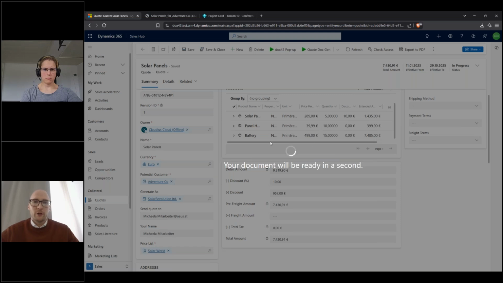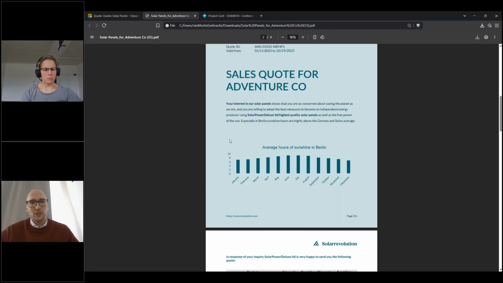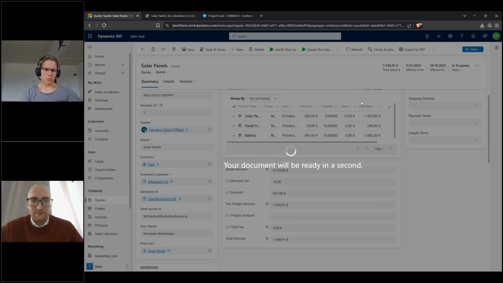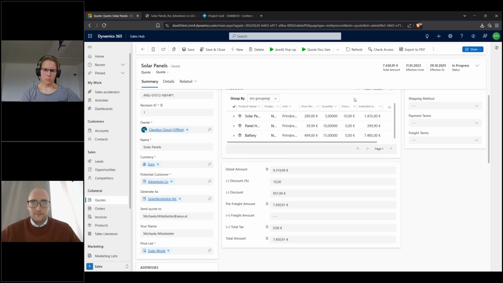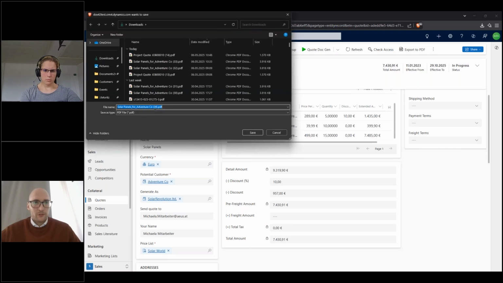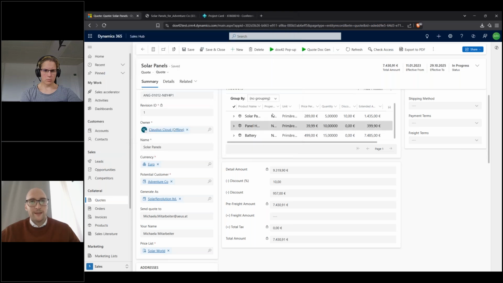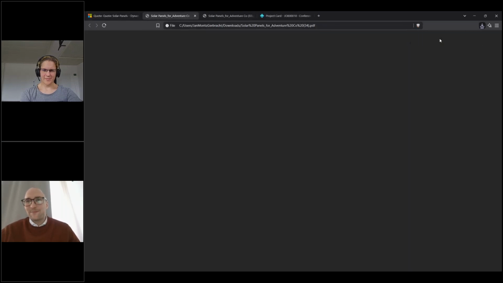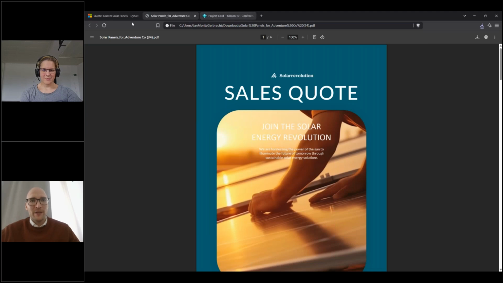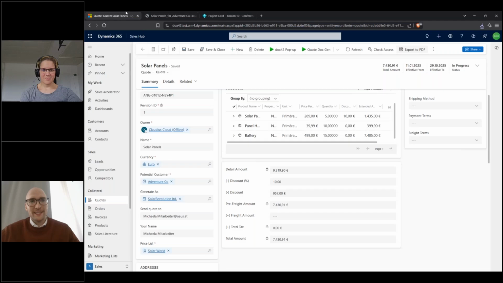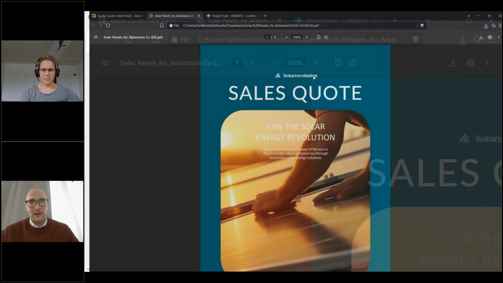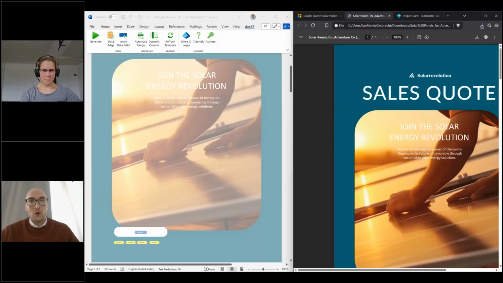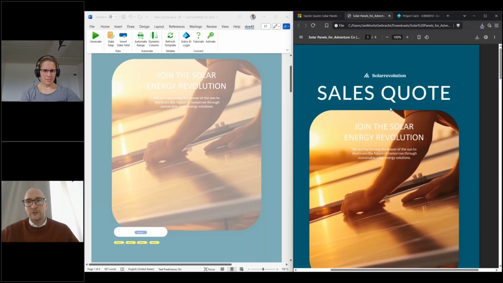Now, this PDF generation for this particular quote will give me the, I don't think, yeah, it's actually this one over here, which we looked up earlier. And I'll give it a second for the pop-up. So, the 34th version in my downloads of this document. And we open this again, close the other one. And again, so we just generated this quote. We open it here in this tab. And now I put the tab on the side, and we can compare the output that the end user generated